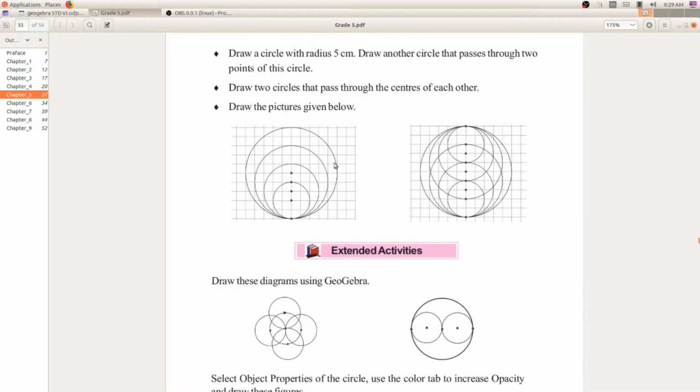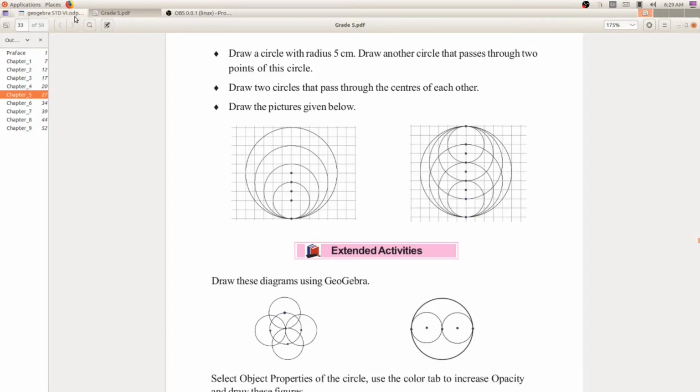You can see here, this is one pattern, this is another pattern. So different shapes and different patterns are shown in page number 33 of your textbook.